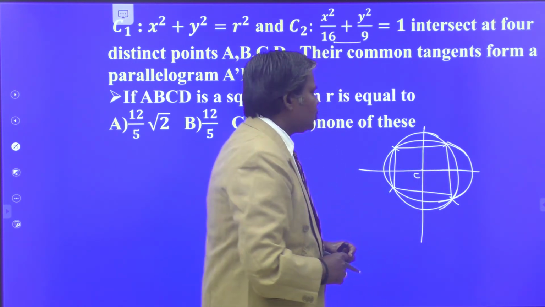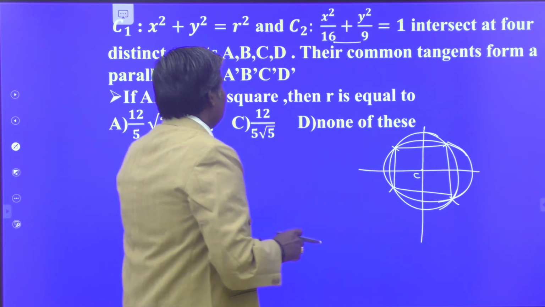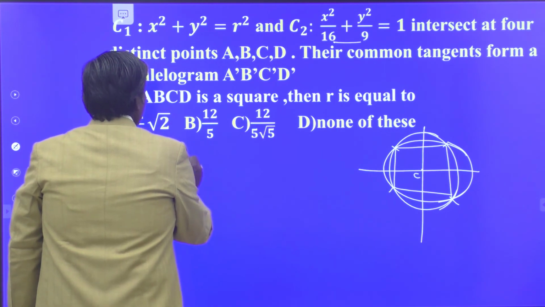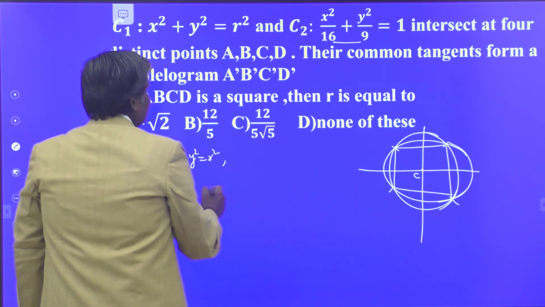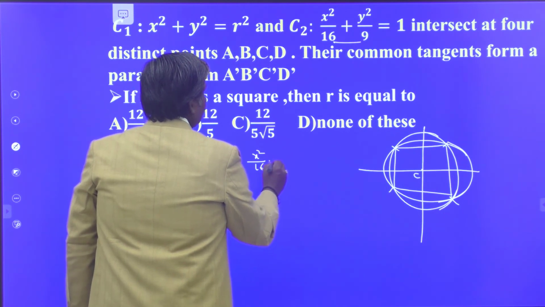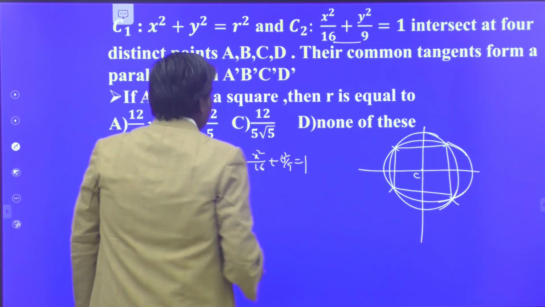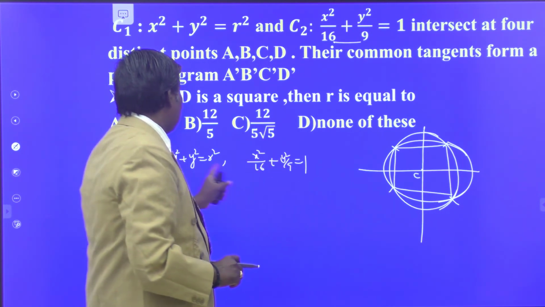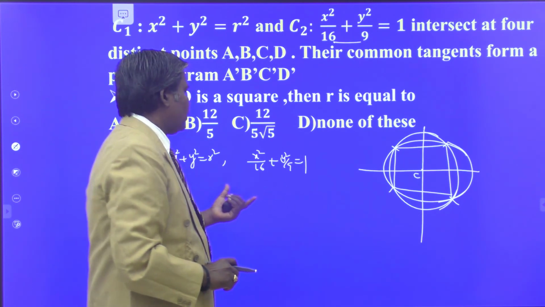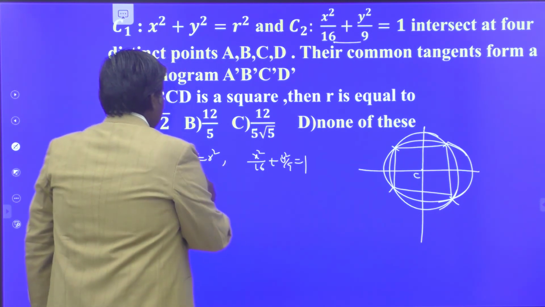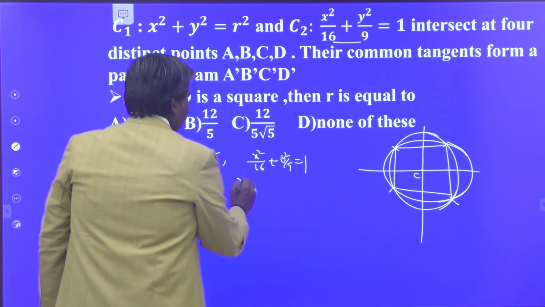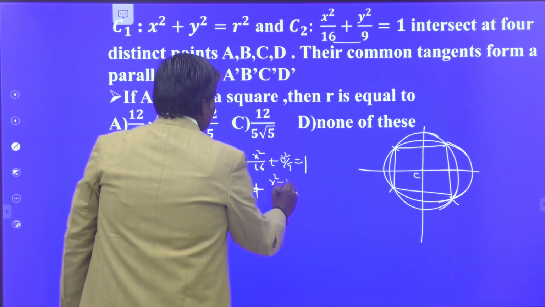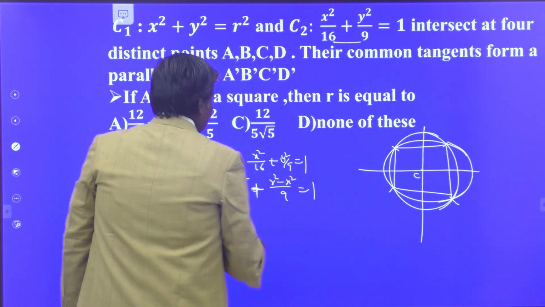A cos theta is equals to b sin theta should be maintained. Or otherwise you can solve that one also. x square plus y square is equals to r square is there. x square by 16 plus y square by 9 equal to 1. Both the coordinates must be the same. Take a cos theta equal to b sin theta. Use it here, you can find the r value, or you can solve it. By substituting the value of y square here itself, what happened? x square by 16 plus y square means r square minus x square by 9 is equals to 1.